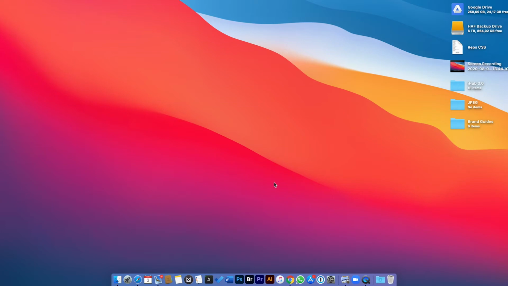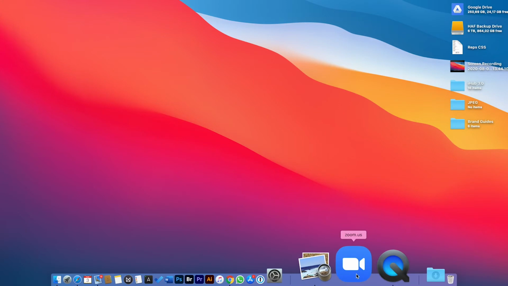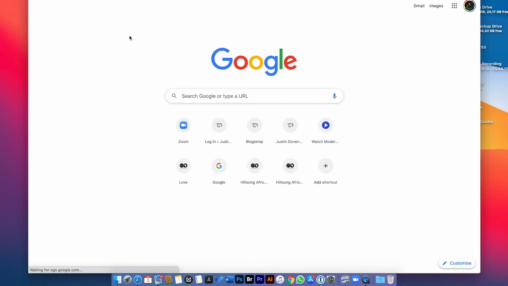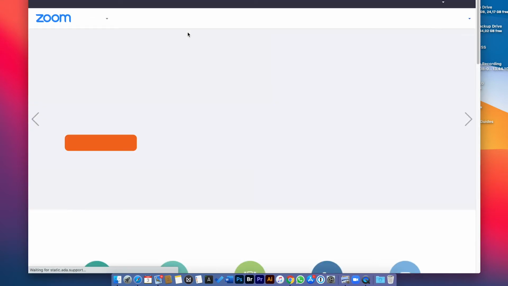So, as I mentioned, there's a bunch of limitations that come with this. Unfortunately, it doesn't yet work with the native Zoom application, so this one over here. Perhaps with some cameras it does, but with mine it unfortunately doesn't. There is a workaround though, which means you can use a browser version of Zoom instead. So I'm going to head to Zoom using Chrome